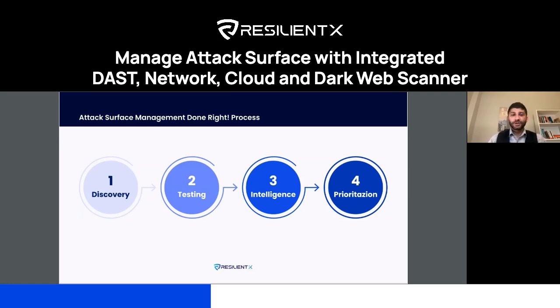And of course, right now we are in the era of AI and the era of threat intelligence, which gets mixed a lot with the different types of data that we have. Beforehand, of course, the process was much simpler. I know my list of assets, my list of IP addresses, I put them in my network security testing tools, which I don't want to name here, I do the scan, I get the results, and that's it. But right now, for modern organizations, we also need to mix that with intelligence,